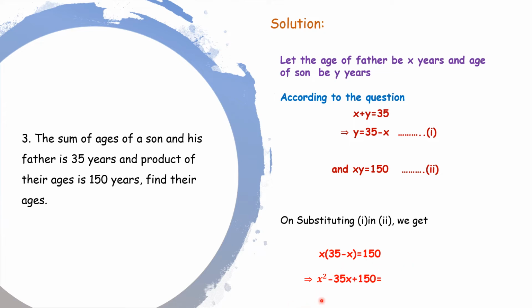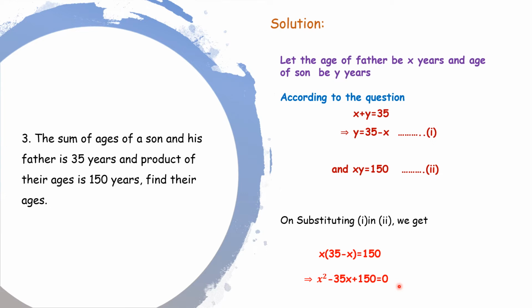So x square, you will just take the minus sign common out and you will get this equation, children. First, if you multiply this, it will be 35x minus x square minus 150 is equal to 0. And the first term is x square, that should not have a minus sign usually. So we'll just take the minus sign outside and take it to that side, it will become 0. So just multiply minus on both sides, that is the concept. So if you multiply the minus sign on both sides, it will be x square minus 35x plus 150 is equal to 0, which is the required quadratic equation.